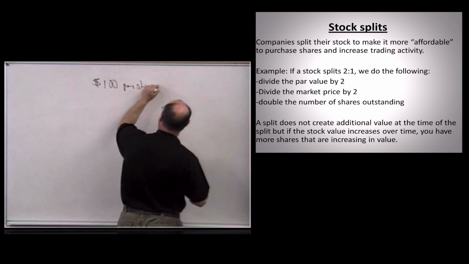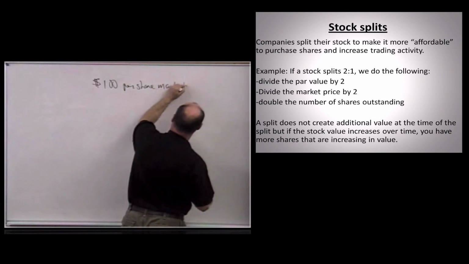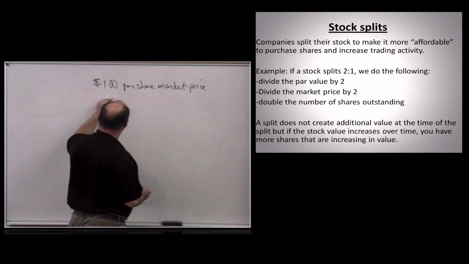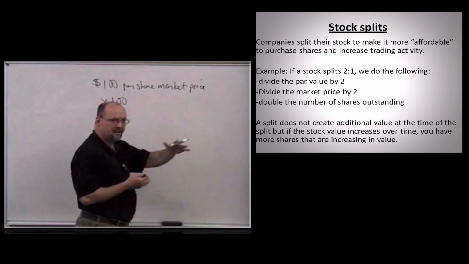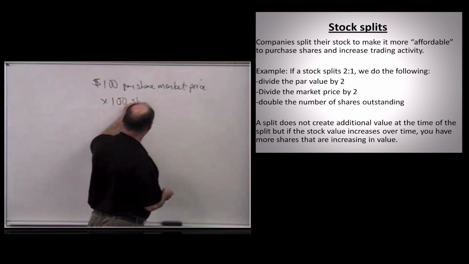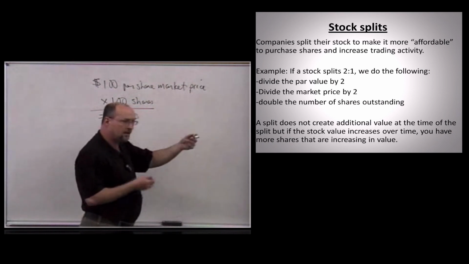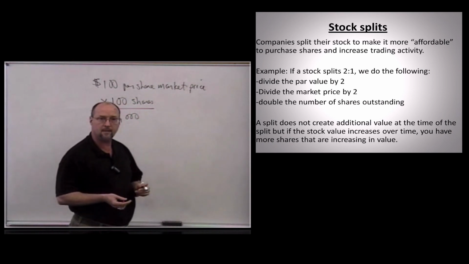Okay, this is the market value or market price per share. If you bought the lowest even lot possible, you would have bought 100 shares, and that means you would need $10,000. That's a lot of money for most people. And 20, 30, 40 years ago, it was considerably more money.